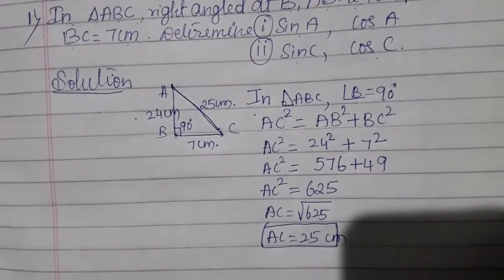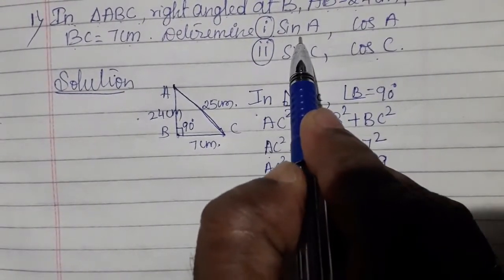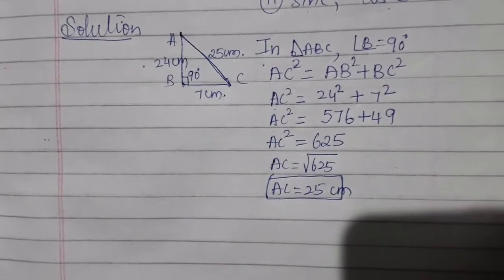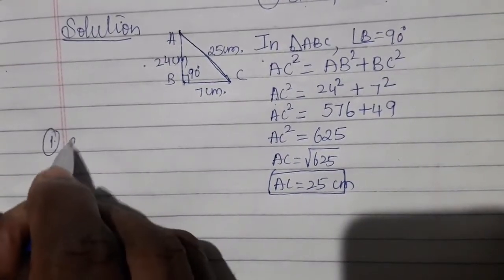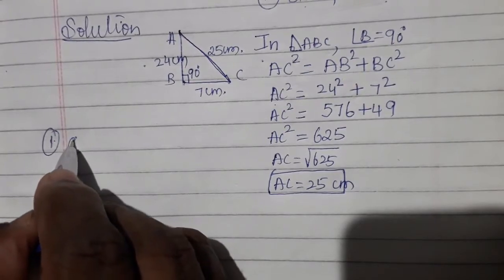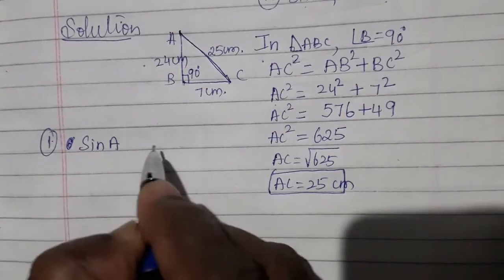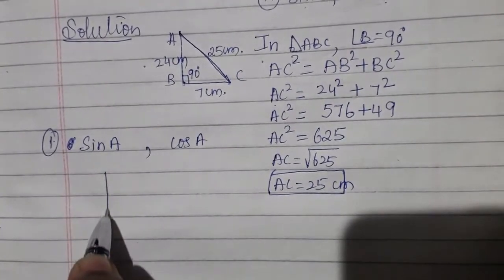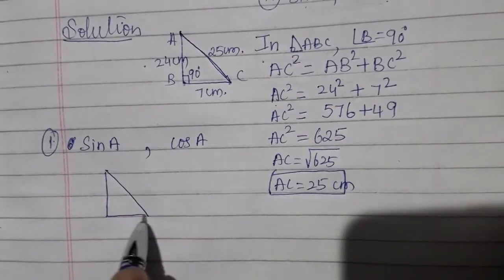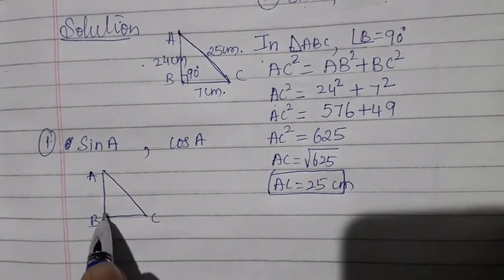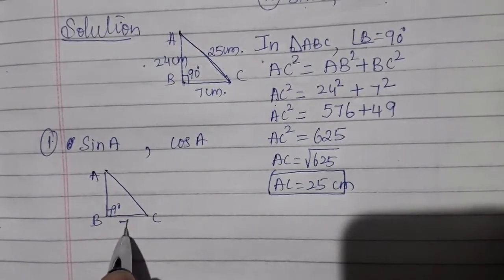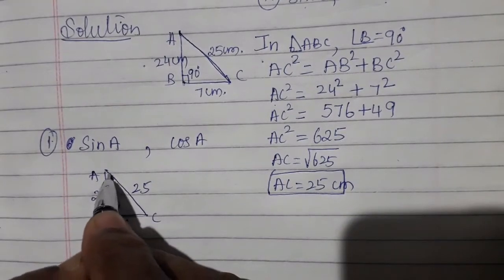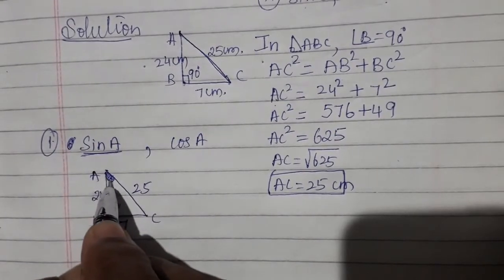Now we'll solve the first question. What is the first question? We have to find the value of sin A and cos A. For this, I'll select this triangle. With reference to the same triangle, A, B, C, 90 degrees. This is 7 centimeters, this is 24 centimeters, this is 25 centimeters. Now with reference to A, because it is sin A, so with reference to acute angle